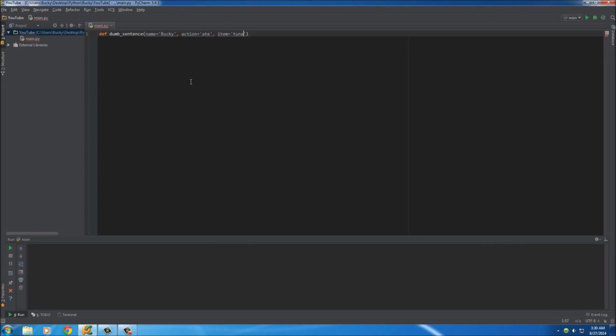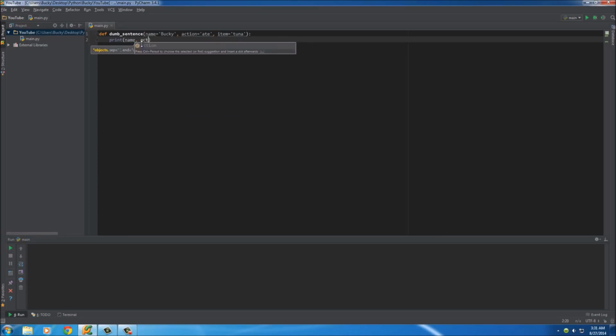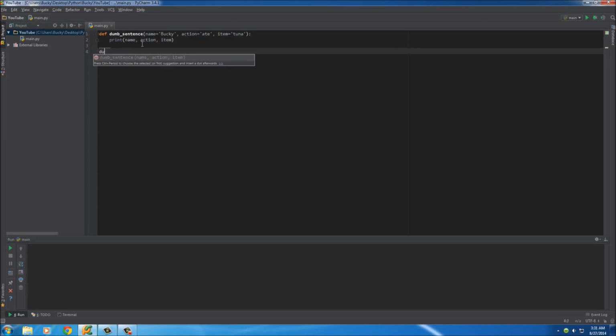The only purpose of this function is to print out a dumb sentence, and by default we'll just say Bucky ate tuna using 3 different variables. So in order to do this, print name, action, item. So right now, if I just run this,